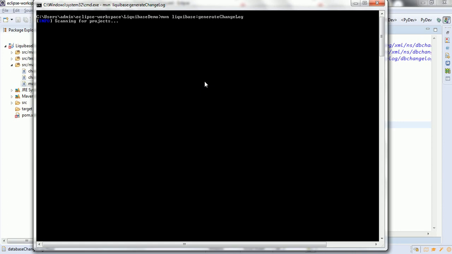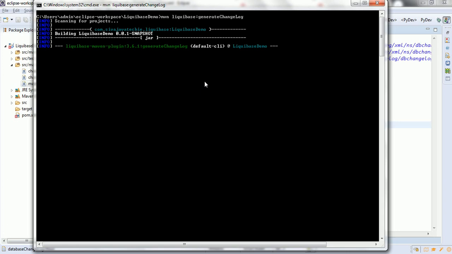When executing this command, it will connect to the database as per the Liquibase configuration we have done in the pom.xml file, identify the schema, and then start creating the database changelog using the tables, views, and whatever other data objects are available